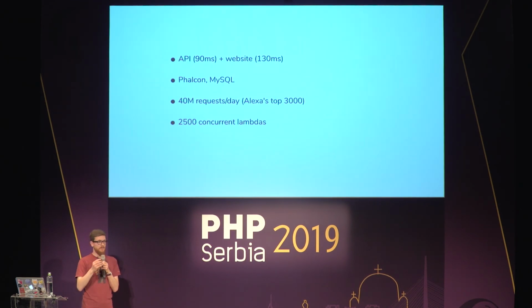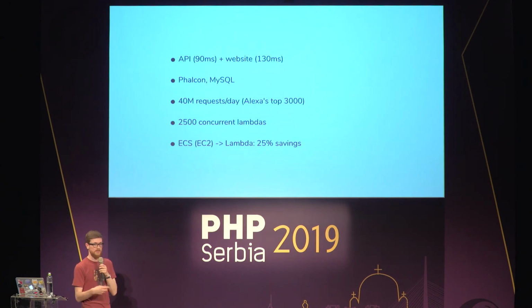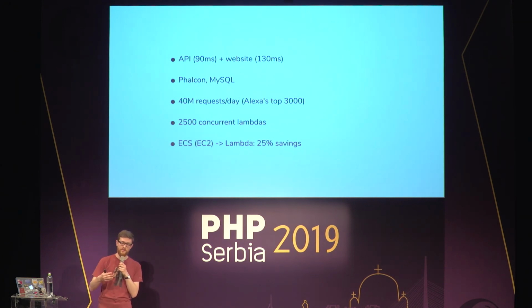And what's really interesting behind that story is that they first started with running everything in containers on Amazon ECS. And when they migrated to Lambda, they saved 25% in terms of Amazon bill. They did spend some time to migrate, but they are also really happy because now they have less things to manage. They don't have to scale the servers or the containers anymore. So for them, it's a win, both in terms of money, but in terms of effort and time.